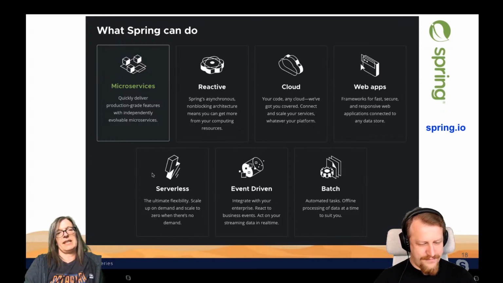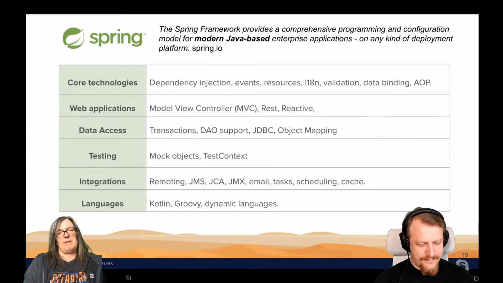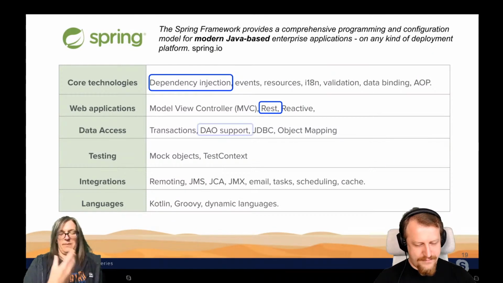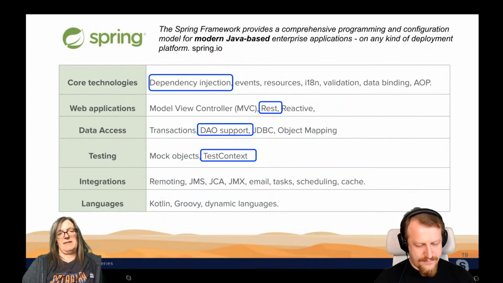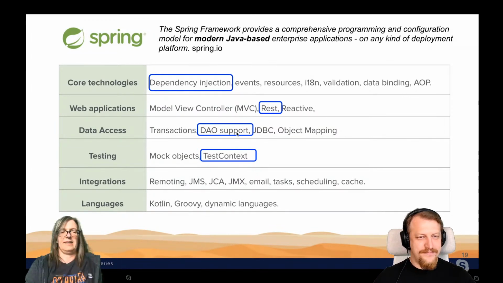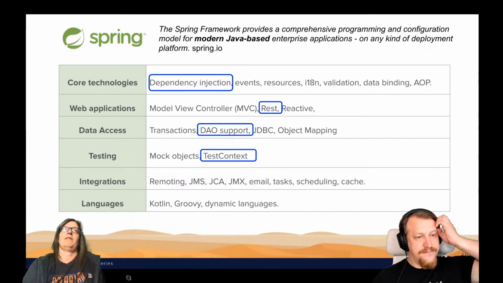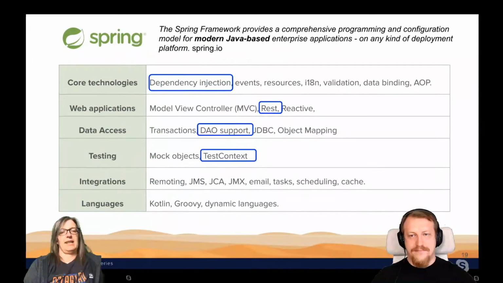And so there's more capabilities here. What we're using today basically is the principle of dependency injection. We're going to build a REST controller, a REST API. We're actually not using the DAO support. We're basically using directly the, so there are different options, for example, you can have Spring Data for Cassandra, which we are not using today in order to keep it simple, but we have another workshop available that uses that. And then we're using some test contexts today to test out our connection, etc.